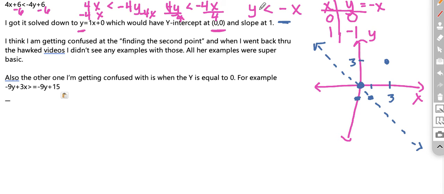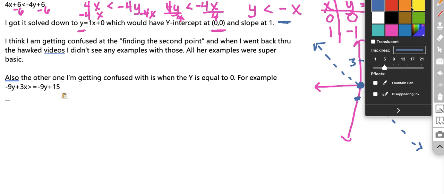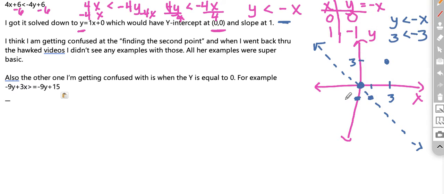If it's true, then we're going to shade this side. If it's not, we're going to shade the other side. So our equation is y is less than negative x. If y is 3, is that less than negative 3? Nope, it's not. So we are going to shade the other side,